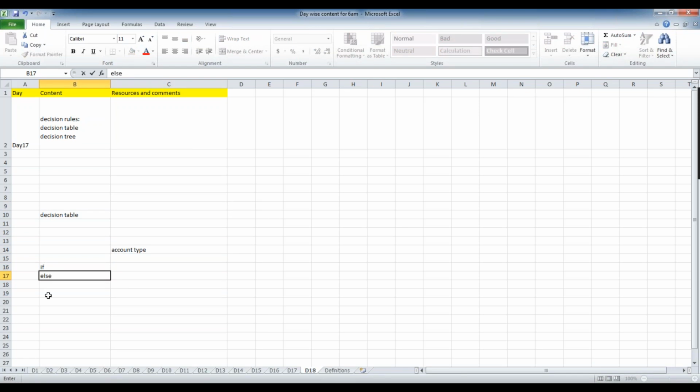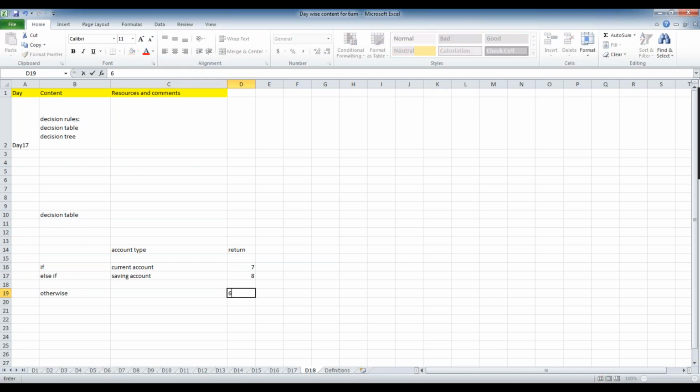The if structure will be like this, else if, something like otherwise. So the account type is current account, so here return will be there. Return something like 7. The account type is savings account, else if, return 8.